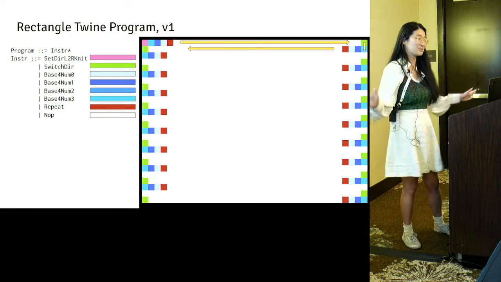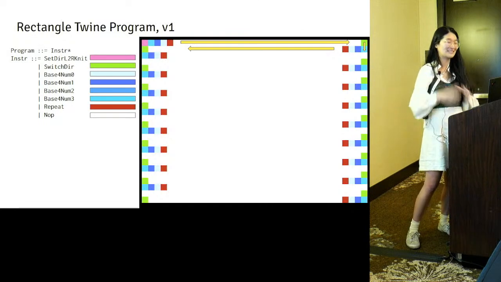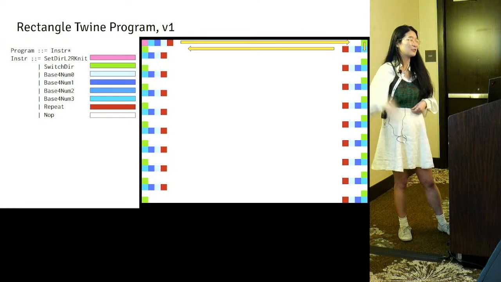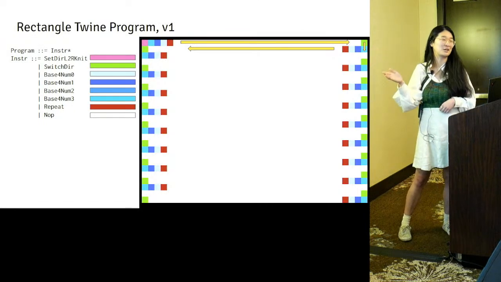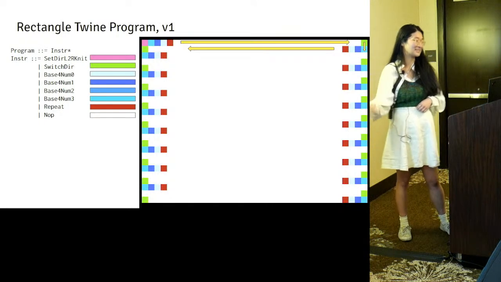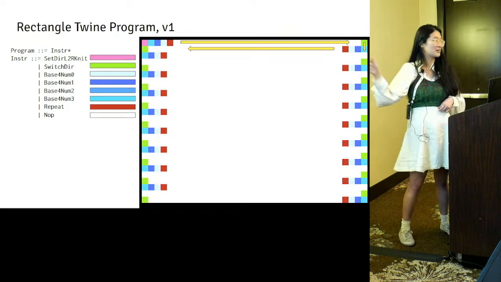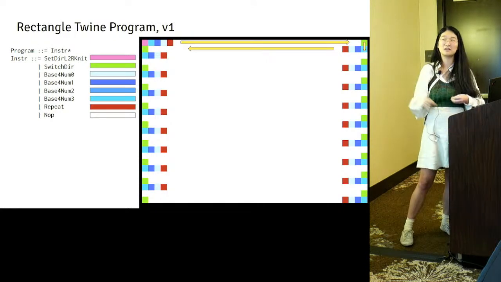But you might notice a problem. Like 10 imaginary points to anyone who notices a problem. It's that we aren't actually reproducing the color instructions with this semantics. It's just going to make a square that is a single color. We need to actually get those color instructions back in.